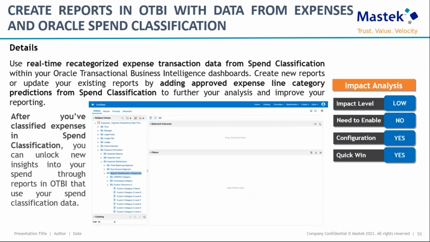The next update is create reports in OTBI with data from expenses and Oracle spend classification. So using the real-time recategorized expense transaction data from spend classification with the use of OTBI, we could create new reports, or we could use the existing report by adding the expense line category prediction from the spend classification.